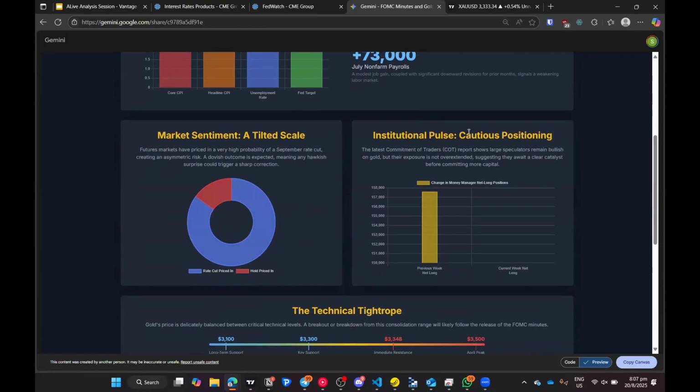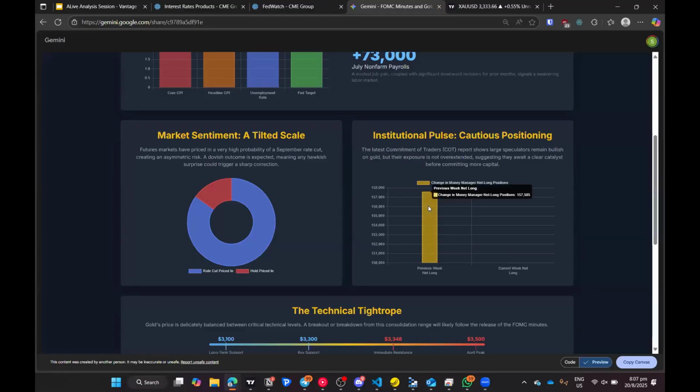Okay, so some information from your Commitment of Traders report. The Commitment of Traders report is released every Friday, starting from the trades or the flow on Tuesday that week. So four days' worth of data is being reported through the COT report.